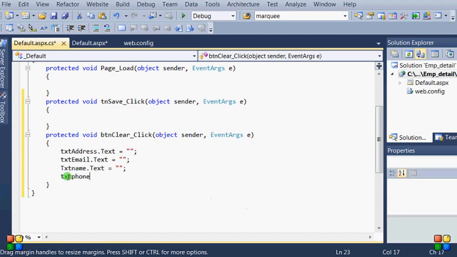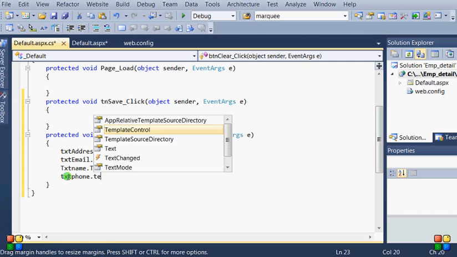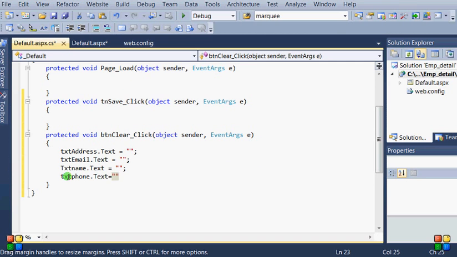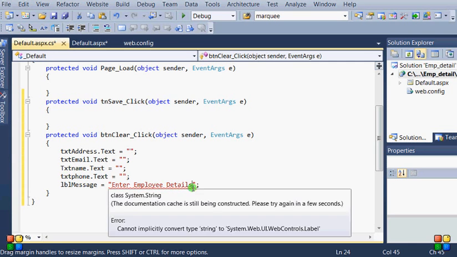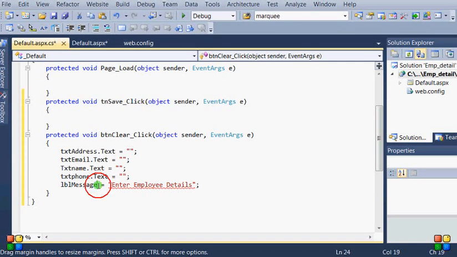Text phone number is here, so it should also be cleared, and the label should change and show the message, enter employee details. It also has a text property. Now the clear button is done.